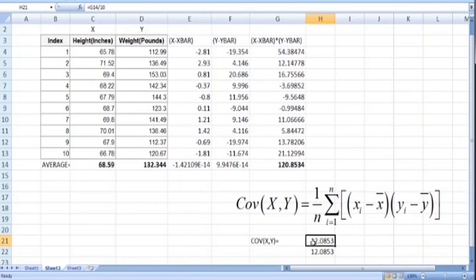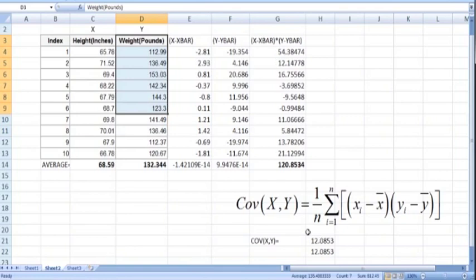Note that the covariance is positive, so it means when x increases, y also increases. So there is a positive association between the two variables. It means when height increases, weight also increases, or when height decreases, weight also decreases.